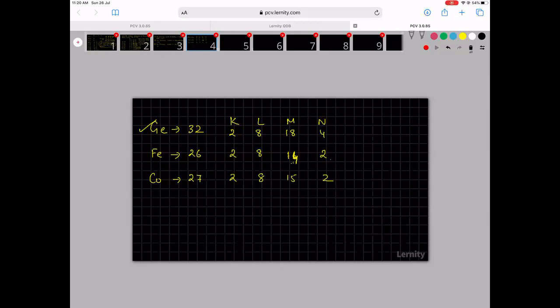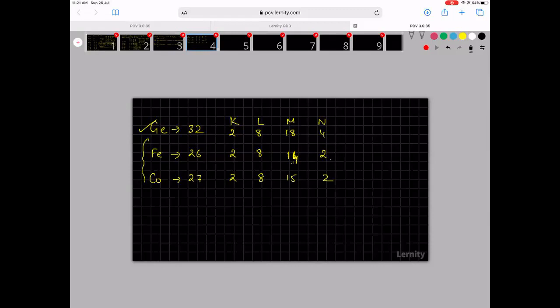So these are exceptions, but we don't have to remember this. What you have learned so far in your eighth and ninth standard is more than enough. We just need to apply it. They won't ask you for these kinds of elements. They will ask you for chlorine kind of elements. Chlorine, the next one, let's say bromine. Bromine has atomic number 35.